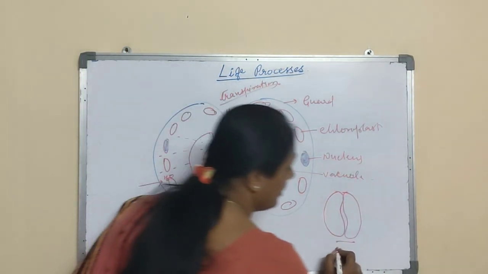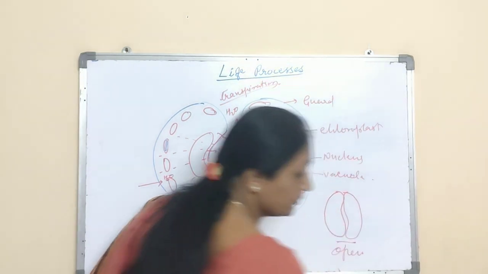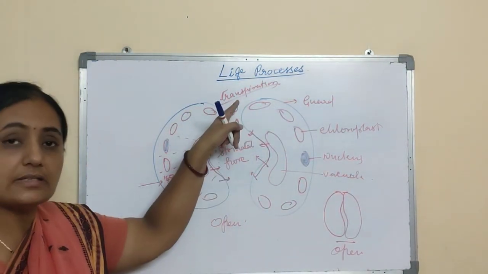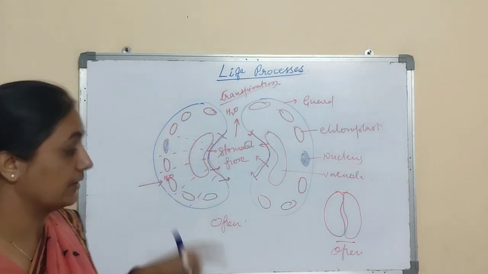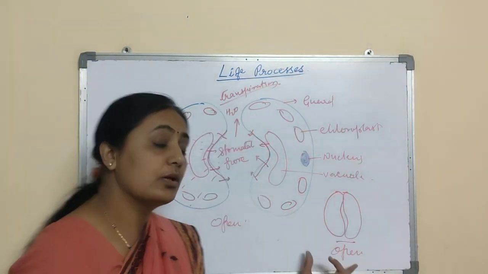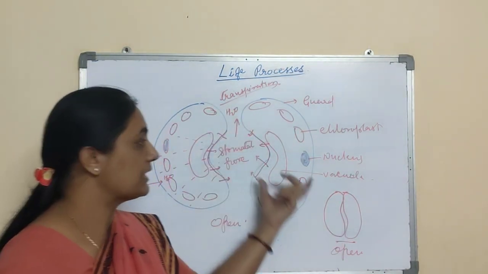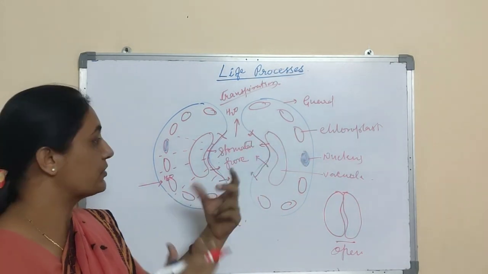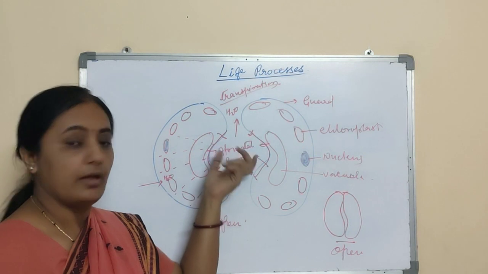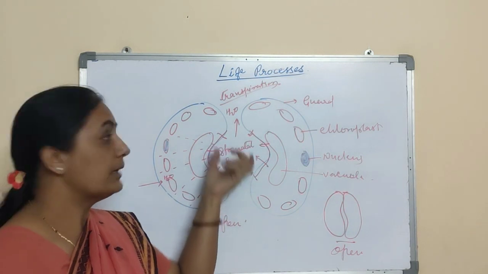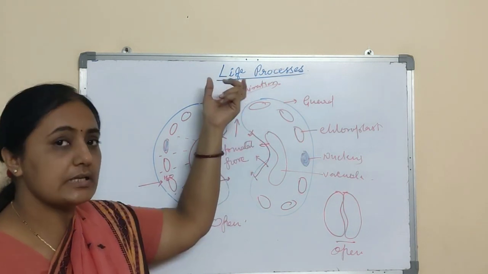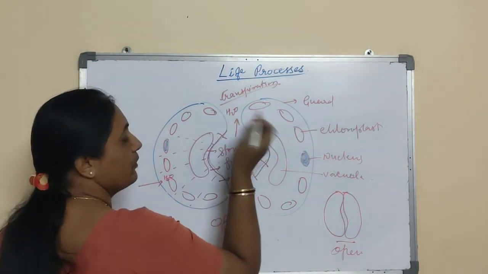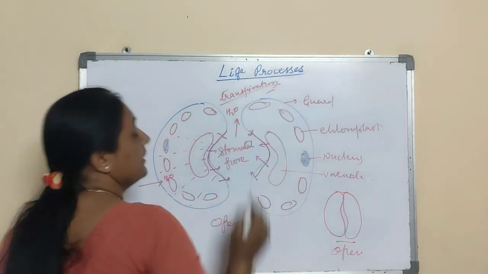Stomata cannot remain open throughout the time, 24 hours. Why? To prevent loss of water. Otherwise, water will evaporate like anything. So stomata remain closed in between. When a lot of water is accumulated inside the cell, the cell automatically changes its shape and the pore gets open. As the pore gets open, water is immediately lost, that is, it evaporates, and